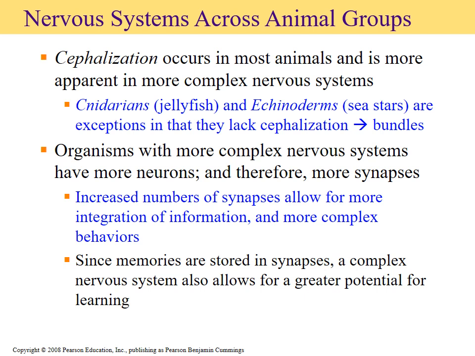One thing that I do want to point out, as we progress through, is that obviously there'll be a wide variety of complexity within nervous systems. And usually what we see happening is that the more complex the nervous system is in an organism, the more neurons it creates. However, it turns out that just because you have more neurons doesn't mean that you're better at integrating information or exhibiting more complex behavior. It doesn't matter about the